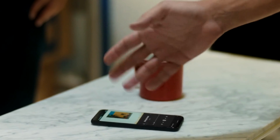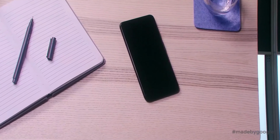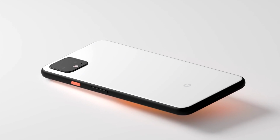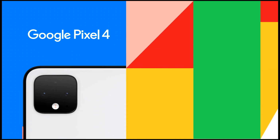Another thing added inside the Pixel 4 family is the Project Soli radar, which makes the Google Pixel 4 family the world's first phone to have a radar inside a mobile device. Well, this Project Soli radar will let you control a device without touching it. We will see its pure functionality when we see it in hand, but right now I am optimistic. I have just one concern: with a 90Hz refresh rate and Soli radar inside the device,